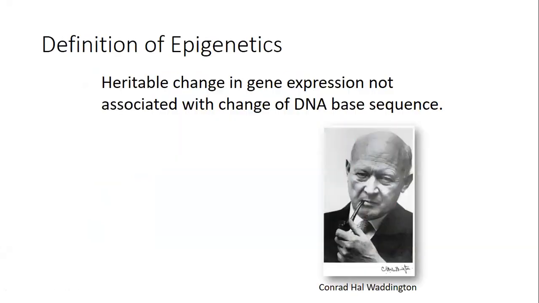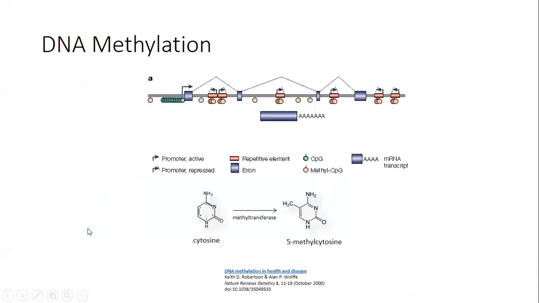We digress for just a few minutes and make a few comments about epigenetics. You hear a lot about it, so we want to help you know what we're talking about. The term was coined by C.H. Waddington, a developmental biologist, I think in the 1940s. And it was described as a heritable change in gene expression that is not associated with a change in DNA base sequence. Now, heritable here doesn't mean from parent to child. It means from one cell division to another. That's an important point to realize.